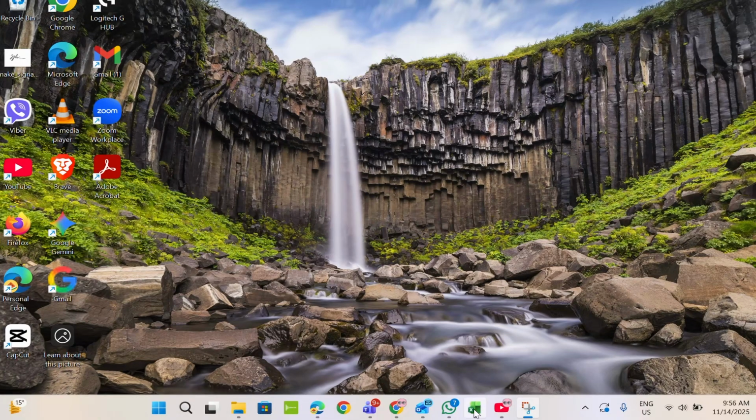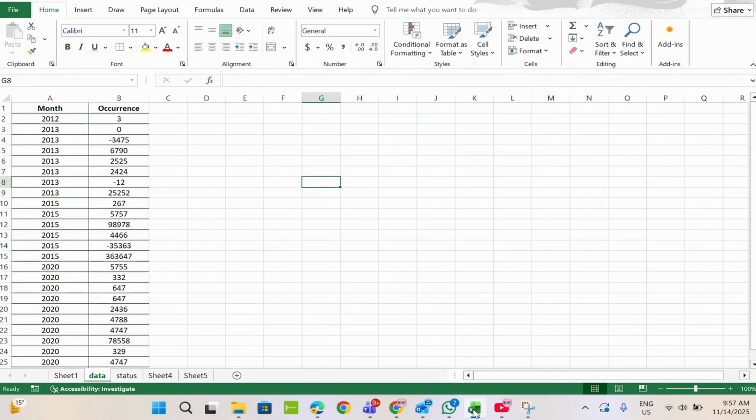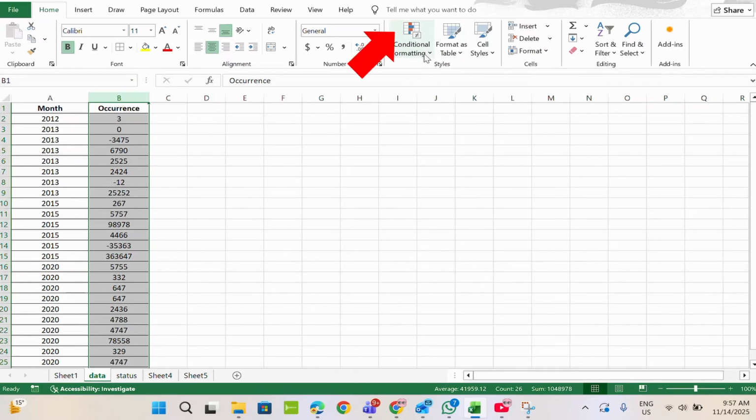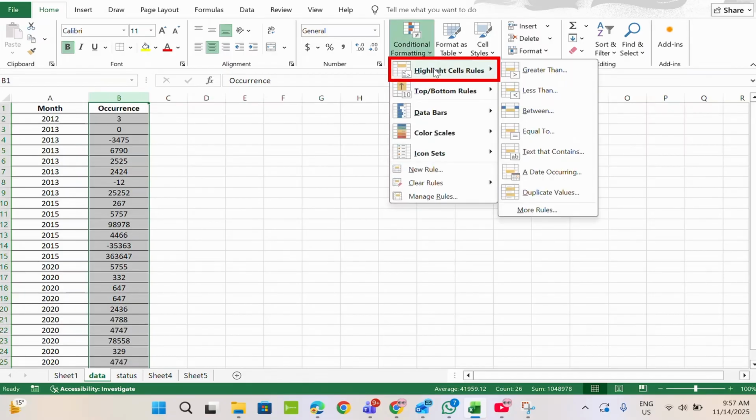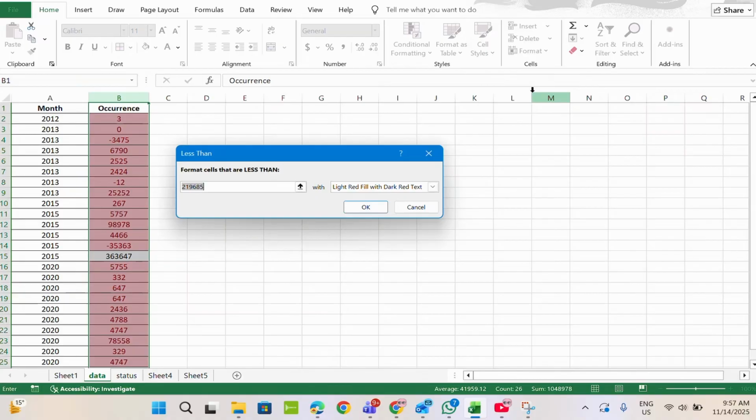Open up your Excel file and then just select the column where you want to apply conditional formatting, and then in the styles tab you can see the conditional formatting option. Tap on it and tap on highlight cell rules. So go to less than, and then